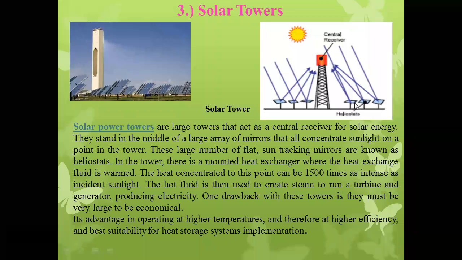Suppose the incident solar radiation at this heliostat surface is 1 degree centigrade. Then we will get the temperature at the central receiver up to 1500 degrees centigrade. Means what,